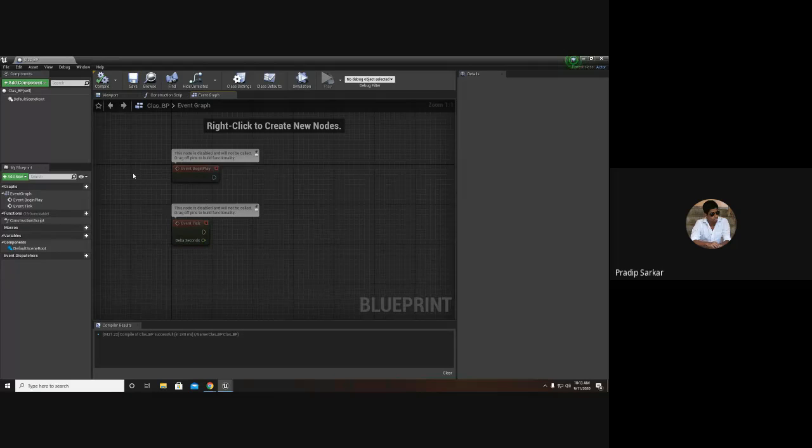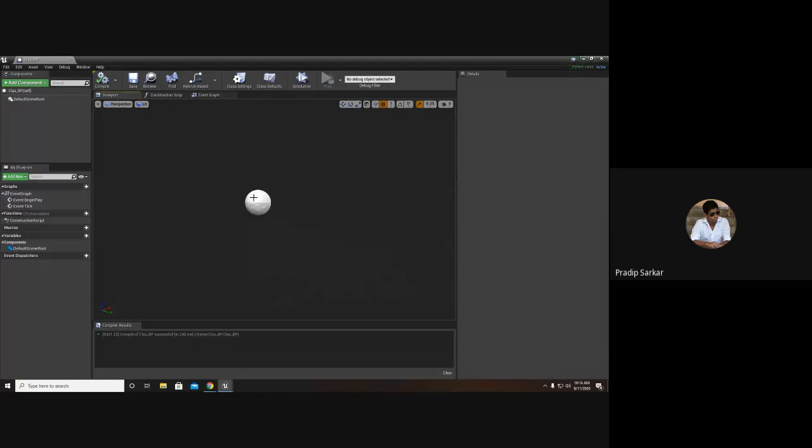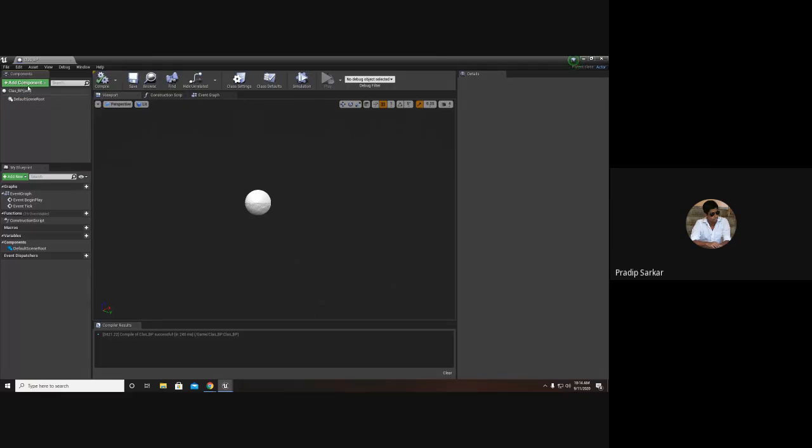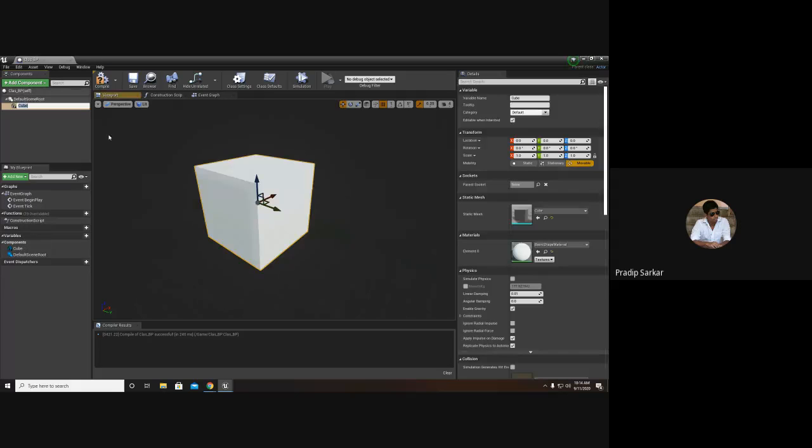So now, for example, if I go to my viewport, I can see a small circle. That is the root of this game object. Now in the component section, there is a green color button where it is written add component. In this add component, I will add a box, or a cube.